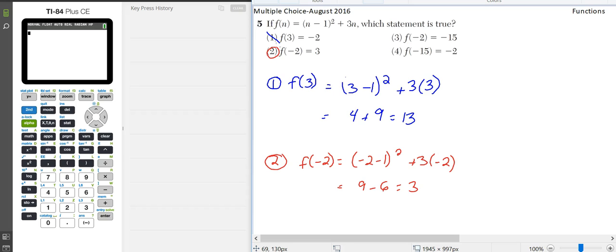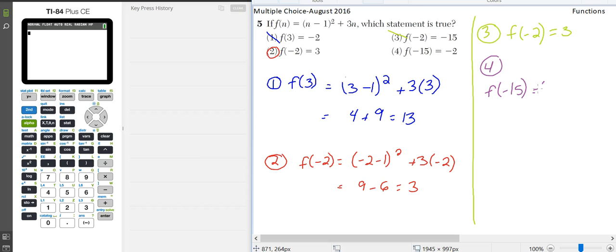Let's just look at choice 3 and choice 4 quickly. Choice 3. We already evaluated f of negative 2, and we found that f of negative 2 is equal to positive 3 and not negative 15, so choice 3 is not the correct answer. And choice 4, let's evaluate f of negative 15 to see if it's negative 2, even though we know it's